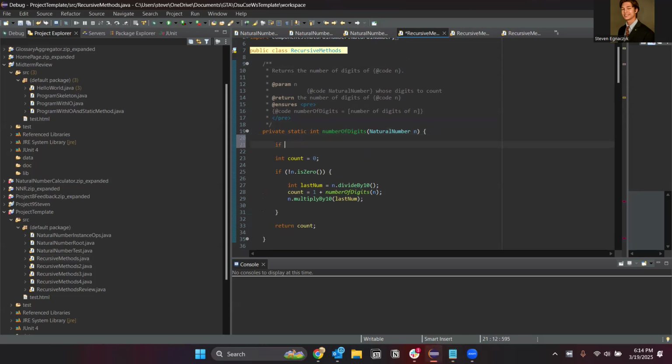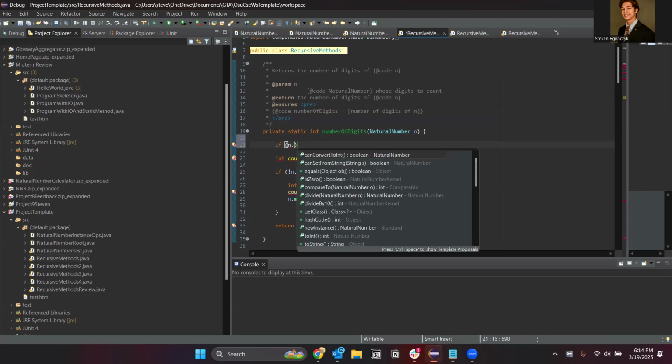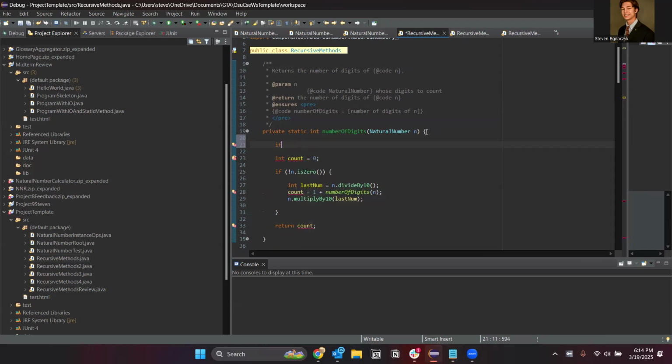You could just say if n dot is, or, int count equals 0. Trying to think. Hmm. So maybe you set count as 1, then